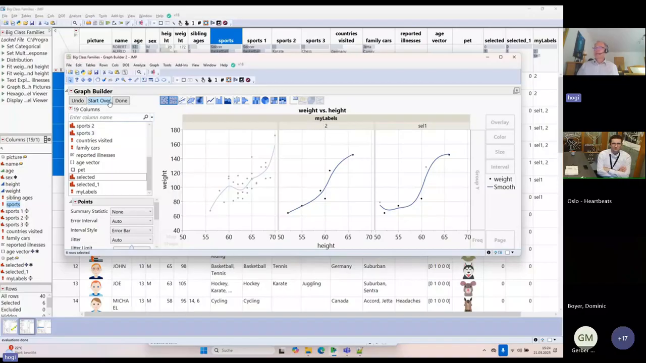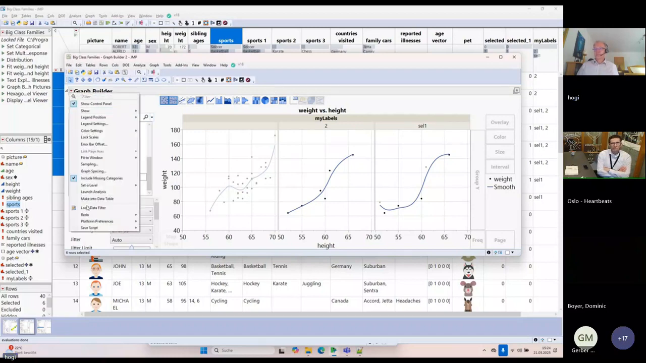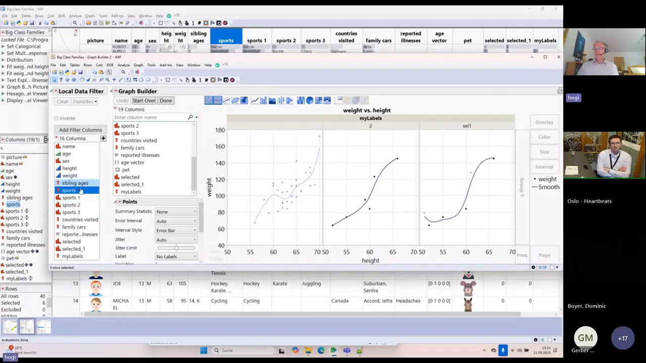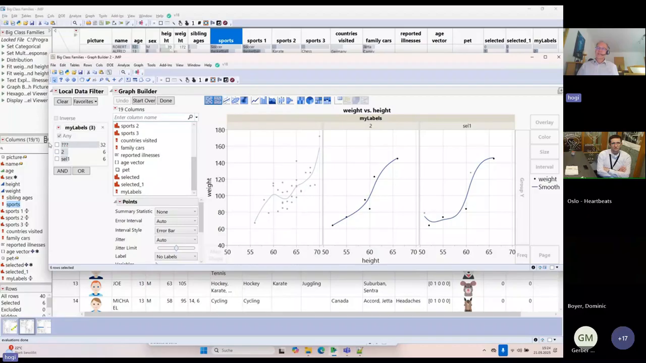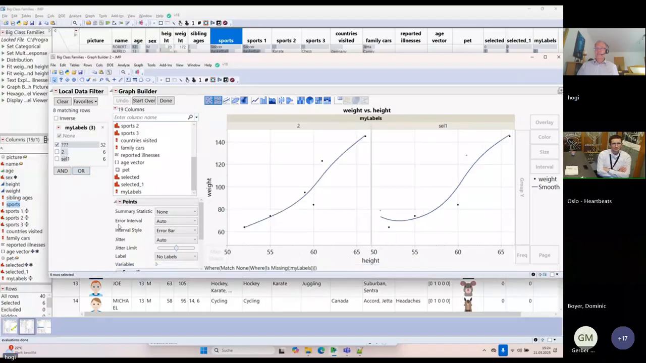Then you could also add a local data filter and use these labels. The cool thing here is, as this is multiple response, you can also invert somehow the selection, match none. This is not possible for any other column. This is just possible at the moment for multiple response columns, that you invert your selection here. Okay, so far here,